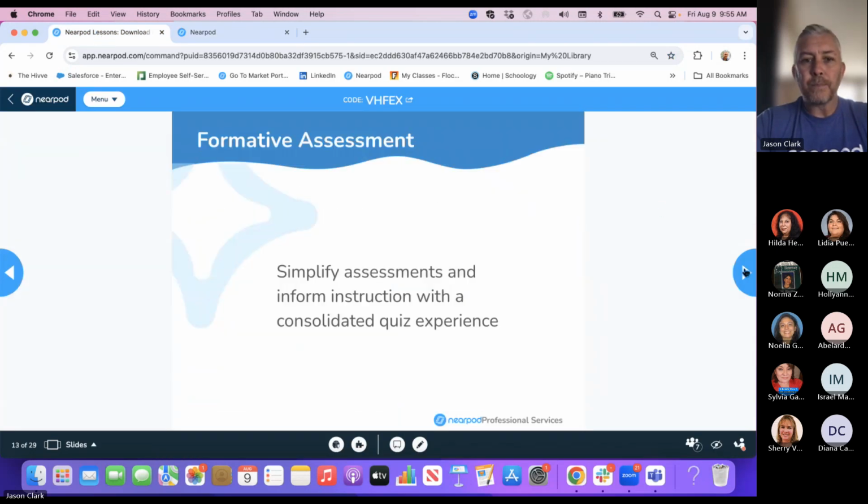So now let's talk about formative assessments. Simplify assessments and inform instruction with a consolidated quiz experience. This is a huge update. In the past, in a Nearpod lesson, if I wanted to do a quiz, it was just a multiple choice quiz with multiple choice questions. And then the next slide in Nearpod would be a different type of formative assessment,